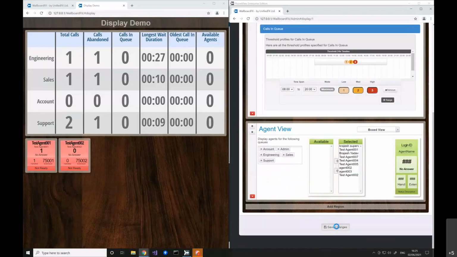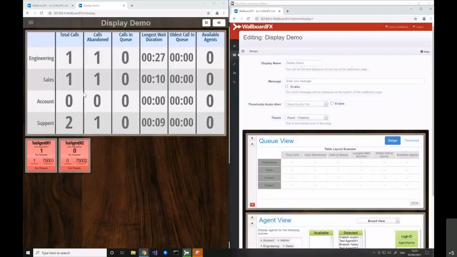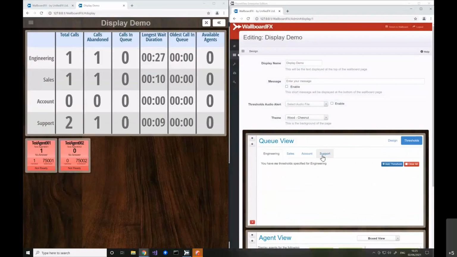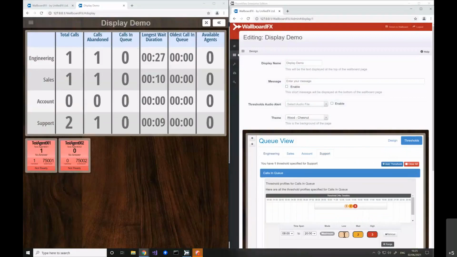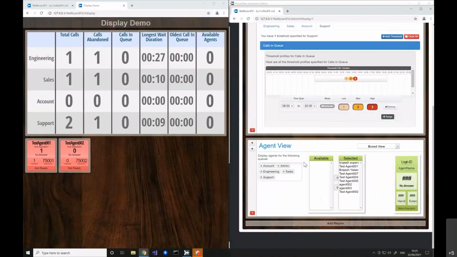Again, if I save changes, you won't really see anything visually happen, but if I do a demo and we get to that point where we're hitting that threshold, you'll start to see the color change accordingly between that low, medium, and high. That's how we set thresholds. And then the last part, really, where we maybe show you some data changing